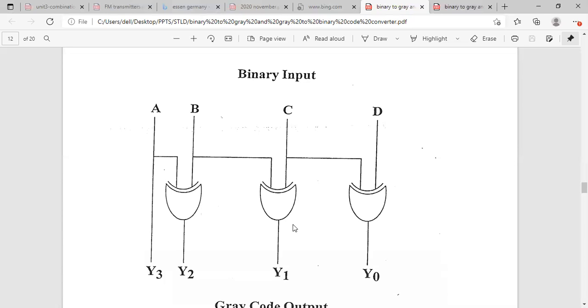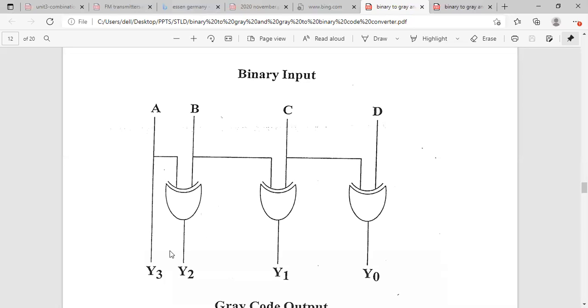In the third step you draw the truth table to relate the inputs and outputs. In the fourth step you write the simplified expressions by using K-map, for each output. And after that you draw the logic diagram by using gates. Then only that is called a combinational circuit.